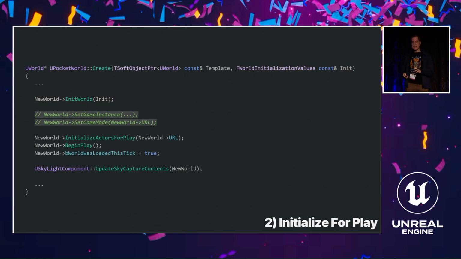If you want to treat this as a game world, so if you want to create your own minigame, this is where you would set a game instance and a game mode, but for scene captures, we skip that step. And then you initialize the world. Once you run through these 3 lines, the world is fully ready for play and you have full control over it,